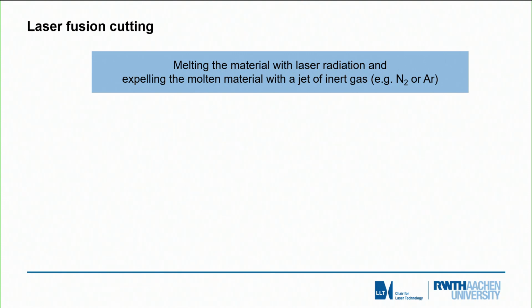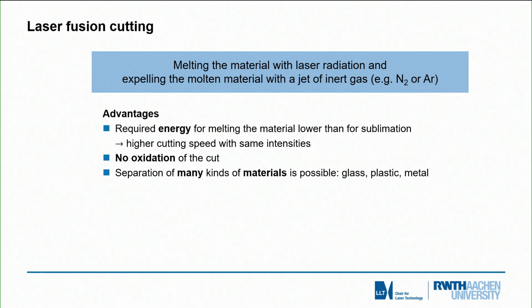The second process is laser fusion cutting. In fusion cutting, most of the energy is used to melt the material, and then it is ejected by an inert gas like nitrogen, argon, helium, or any other inert gas. The advantages are that the required energy is lower compared to sublimation. We get higher cutting speeds at the same intensities, and we have no oxidation of the cut. We can cut practically all materials which show a melting behavior, so that is true for thermoplastics, glass, and of